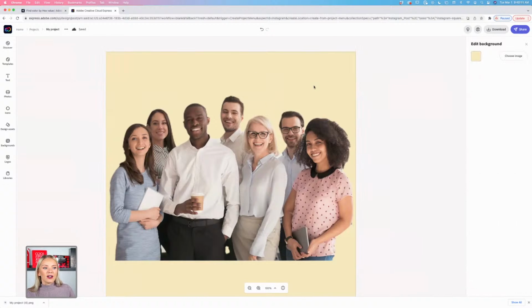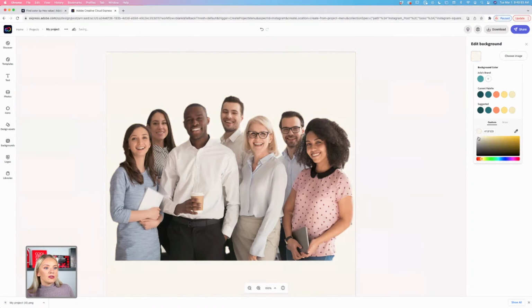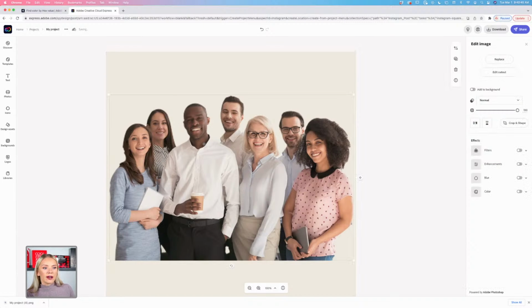Now let's adjust the background a little bit so it's a little bit more smoothed out. You can see that since the background of our image was light, all of the little remaining imperfections are also white. So a very light background is going to be very helpful with that. I'm going to make the background almost white, and the color code that I'm using right now is ECE9DF. It's a very nice, warm, grayish beige tone that we can use for the